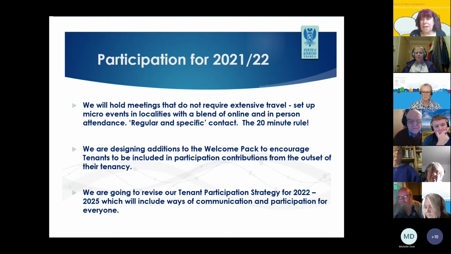And we're also revising our tenant strategy for the next 3 years, starting from 2022. We've learned a lot from COVID-19 about how to participate a bit more interactively with people who aren't necessarily going to turn up at a meeting, who aren't necessarily online. That's why I've got Gerald here on the phone, because people don't have to do these things in order to be connected to by us. So we're trying lots of different ways. Thank you, Kev. Next slide.